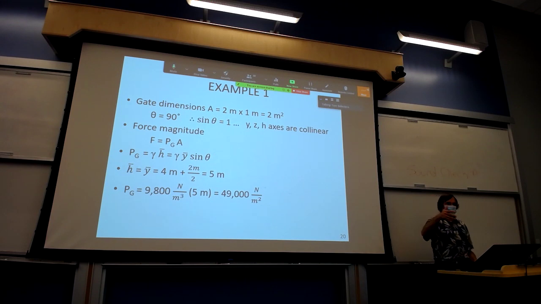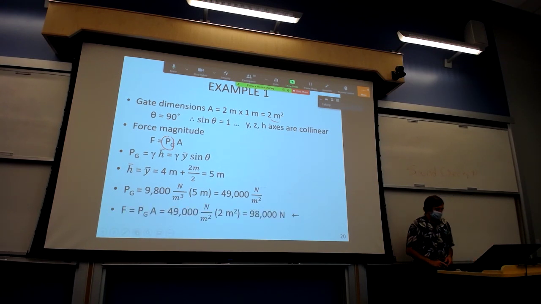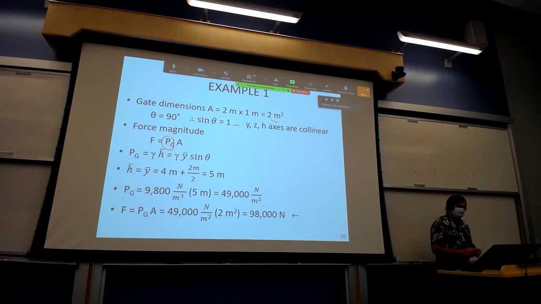That would be the specific weight of water, 9,800 newtons per meter cubed, that's in the back of your book, times the depth of submergence, h bar, to the center of area, 5 meters, and that gives you 49,000 pascals. And again, that just gives us p_G. What we have to do is then multiply that by the area, and then we have the force. So when we do that, pressure at the center of area times the area gives us a force of 98,000 newtons,